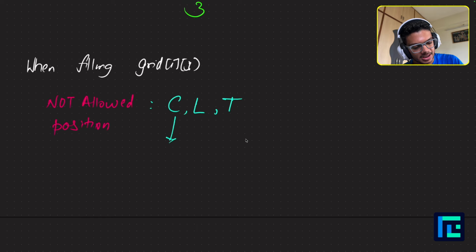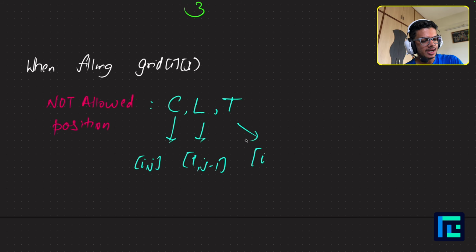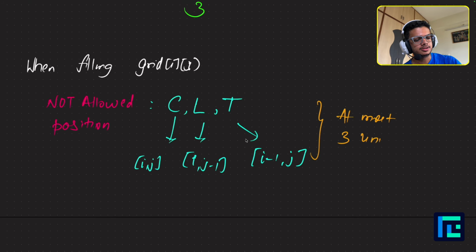So current is simply the cell ij, right? What is left? You have to go one step back, so it will be ij minus 1. What is top? You have to go one step above, so it will be i minus 1 j. All in all, it says at most 3 unique characters, right? So when you're trying to fill a cell, you can have at most 3 unique characters